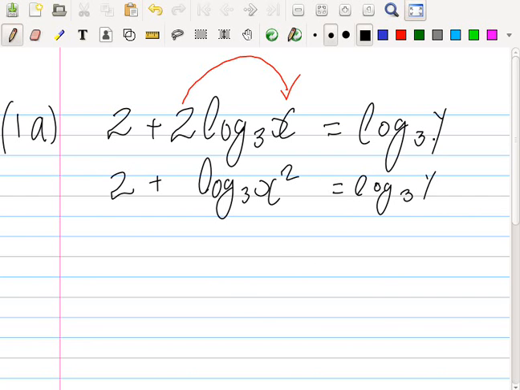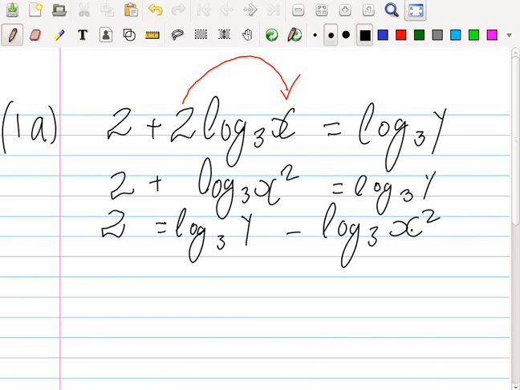Although I think I'll take this to the right. I think it'll be easier for people. So I have now 2 equals log 3y minus log 3x squared. Now, what rule do I use next? Second rule. So I get 2 equals log